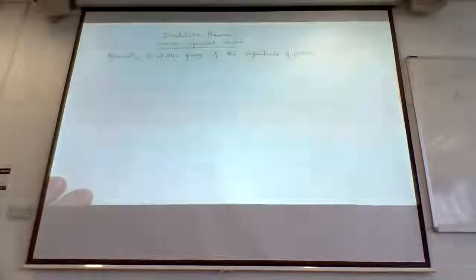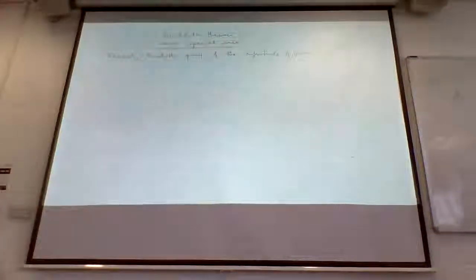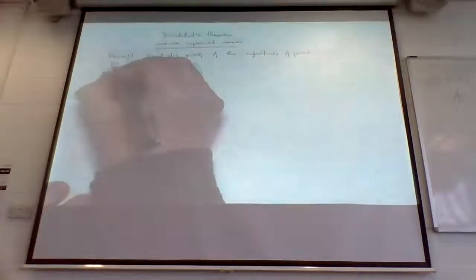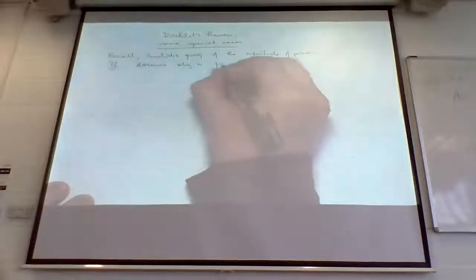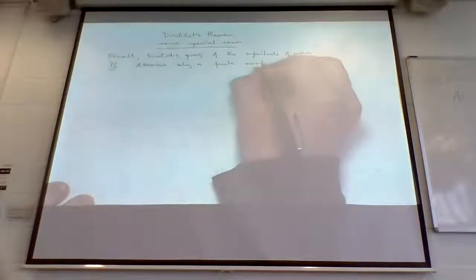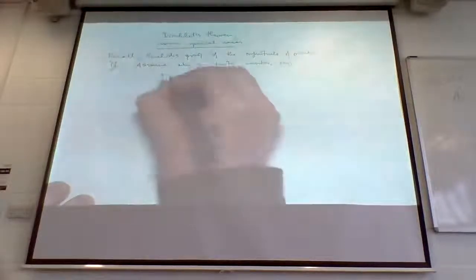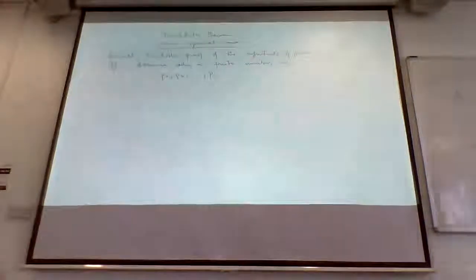Bit of an awkward way of saying it, but there are infinitely many primes in the integers. We know that. We've got a fairly approachable proof of it, which we did in the first part of the unit. Everybody should be able to prove it. A quick proof of it is you assume only a finite number, say P1, P2, up as far as PR. Those are the only primes that there are. It's wrong to say that because it's an infinite number, but this is how you prove it. So you pretend there's only a finite number,